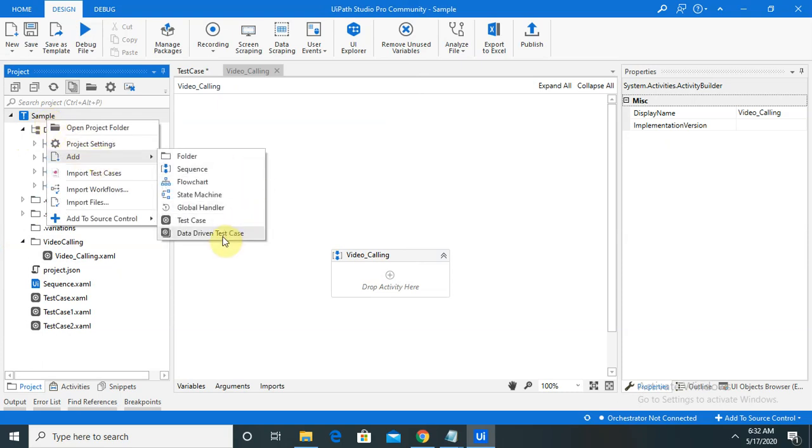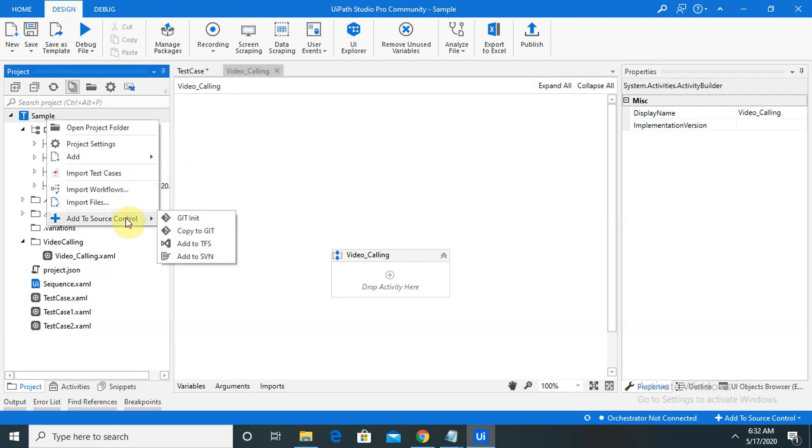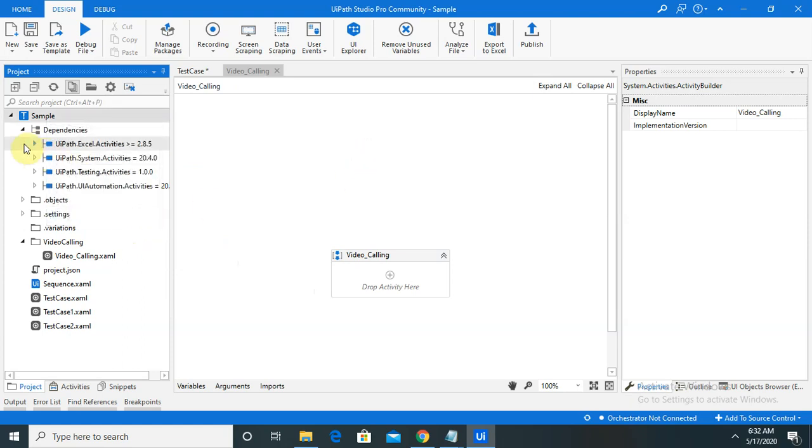Now test data we have already discussed. It's possible to create the folder, sequence, flowchart, state machine, global handler. Test cases we have already created. So these all are the possibilities. If you want to add to source control like Git init or copy to Git or add to TFS or SVN, that is also possible for a particular project.